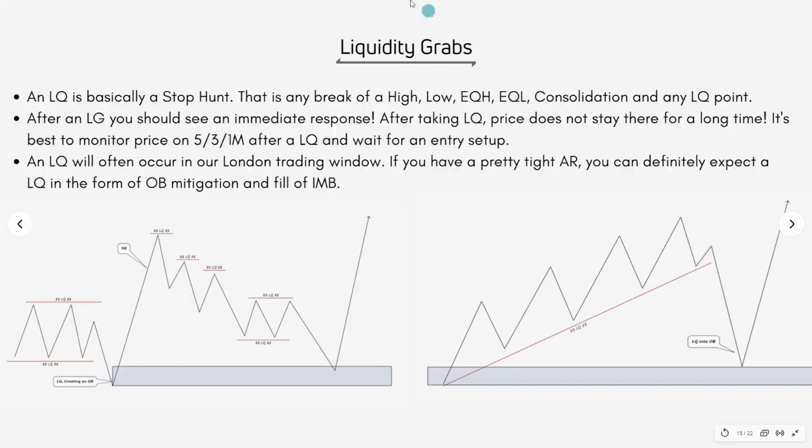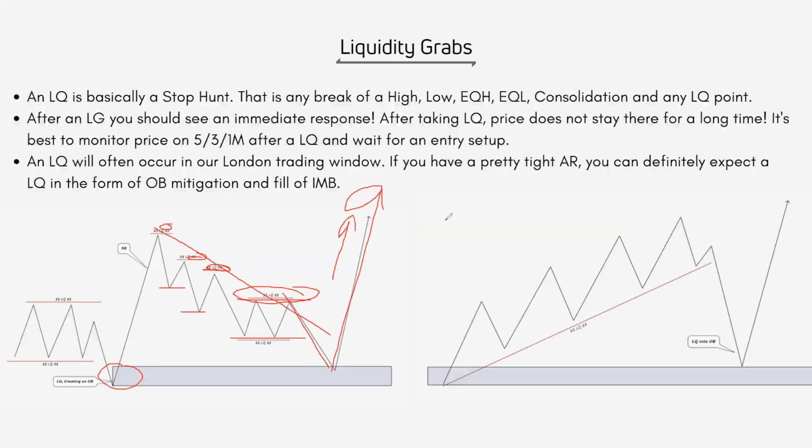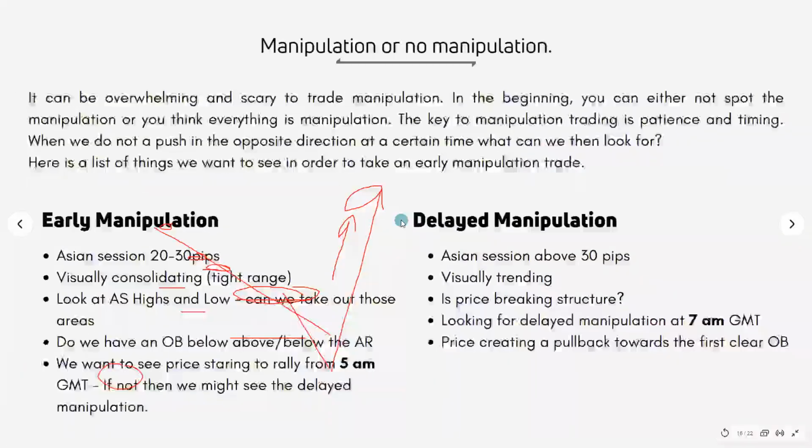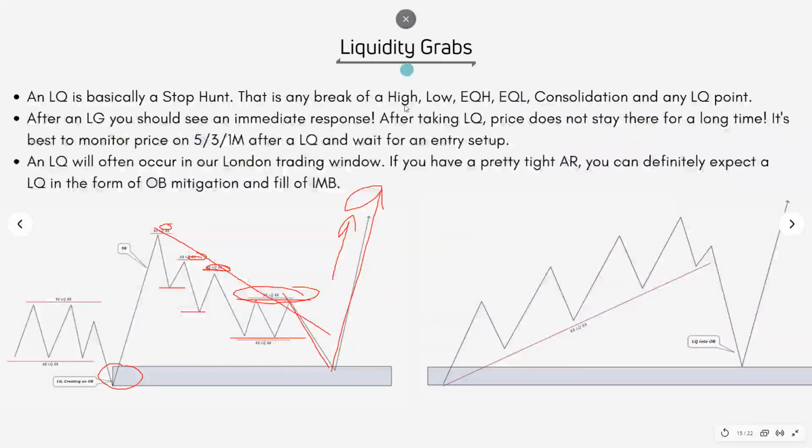And then what the market is going to do, it's going to create trend lines. It's going to create lows. It's going to create highs. It's going to create, again, another consolidation just before tapping into this OB. And then we're going to have another liquidity grab, and then we're going to go. And all the people that were selling right there, they're going to get taken out, which will serve as further fuel for the market to push up, right? So that is the little concept there that we have.